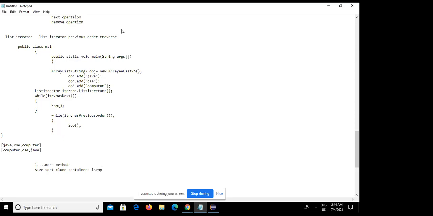So these are the remaining methods. These are very rarely used, which is why I've put them in a different way. In the next class, I will teach all these methods of the array list.